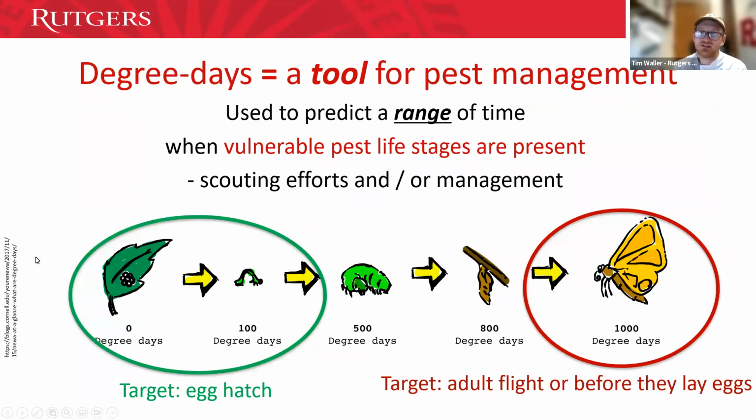And really all this does is, if we start counting the thermal units and we keep track of this stuff, we have a really good indicator of when a particular pest is going to come on. This is where we get into degree days and growing degree days. That GDD 50, so what that number means is that above 50 degrees Fahrenheit, for a lot of pests, you start to have development. And as you go